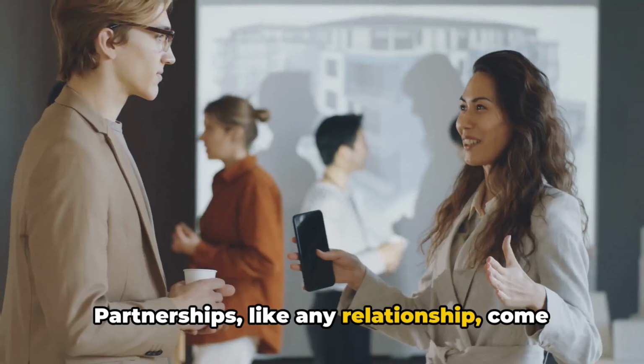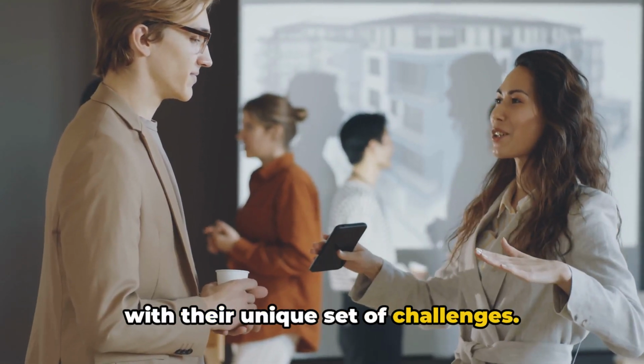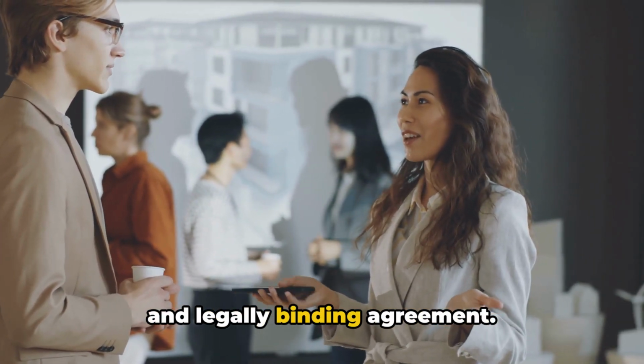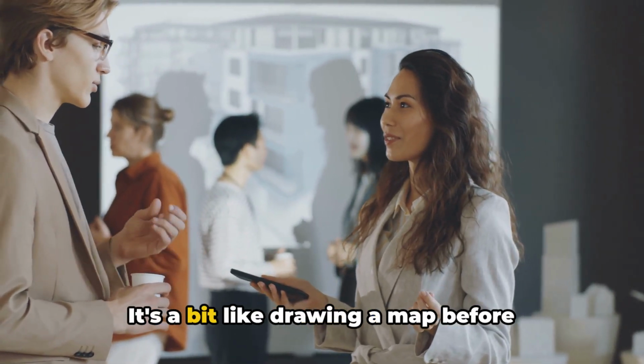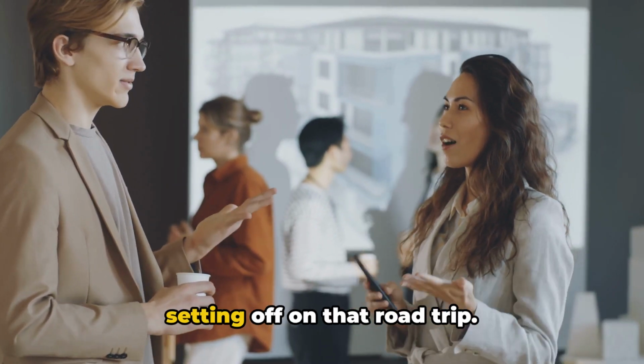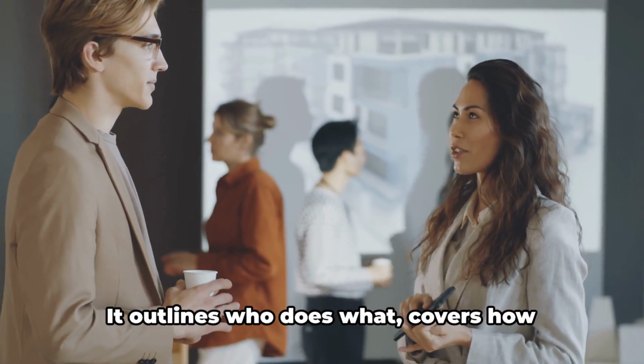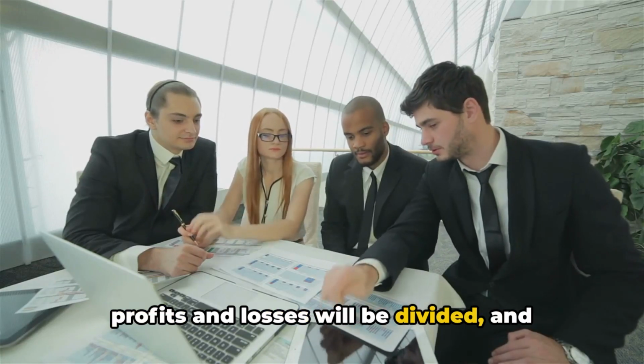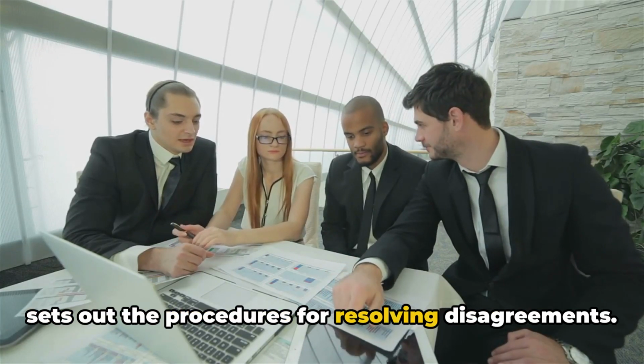Partnerships, like any relationship, come with their unique set of challenges. This is why it's crucial to have a clear and legally binding agreement. It's a bit like drawing a map before setting off on that road trip. It outlines who does what, covers how profits and losses will be divided, and sets out the procedures for resolving